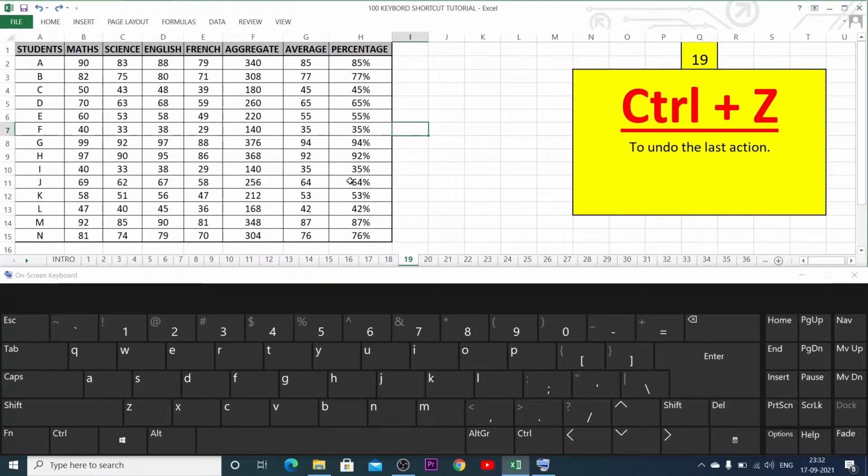Ctrl Z to undo the last action. Ctrl Y to redo the last action. Ctrl 1 to format the cell content.